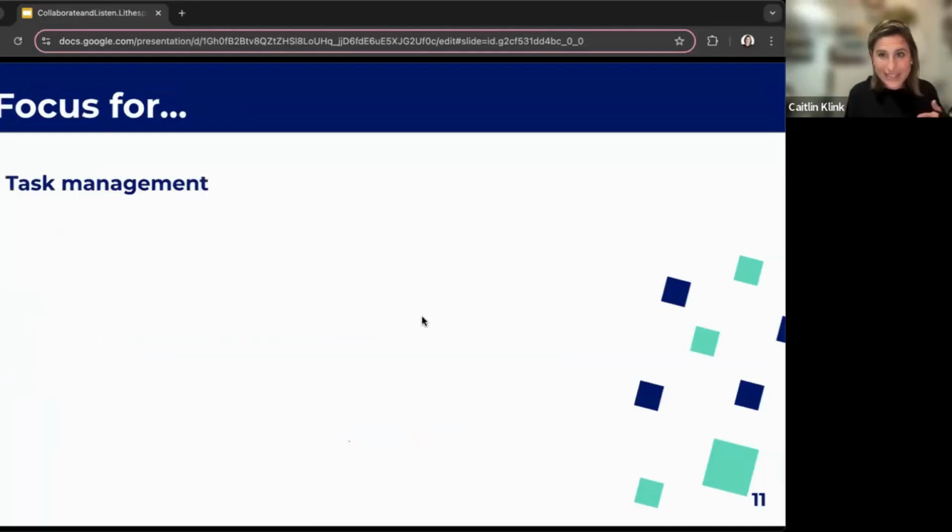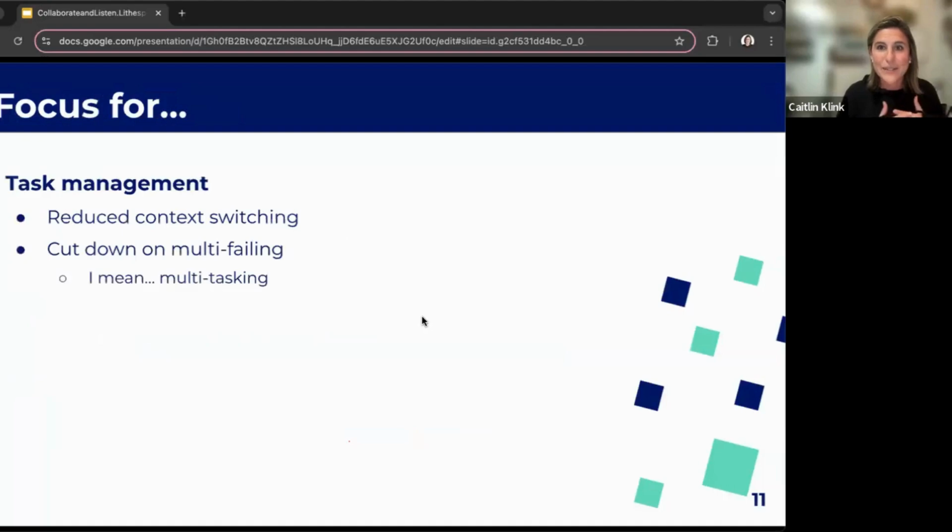So I alluded a little bit to this idea of task management. I don't know if your days are like mine, but I feel like I'm always being pulled in a million different directions. There's a ton of research out there about the cost of context switching. I have heated, spirited debates about the multitasking or multi-failing fallacy with some of my coworkers all the time. But the science tells us that our brains are not physically able to do more than one thing at one time. So if we are multitasking, we are definitely not doing those two tasks as well as we could be doing one of those tasks at a time.